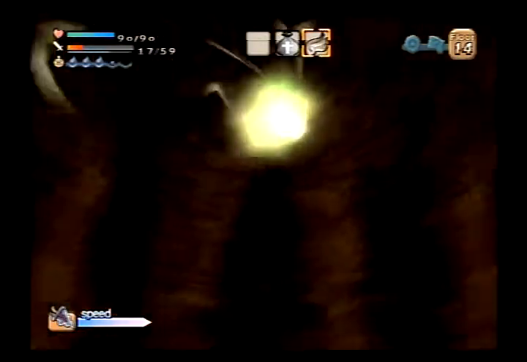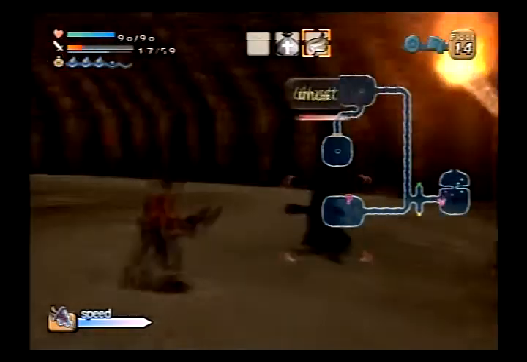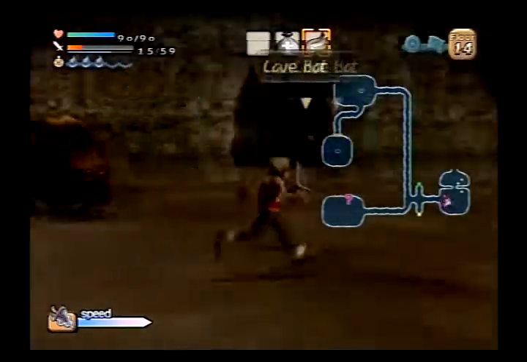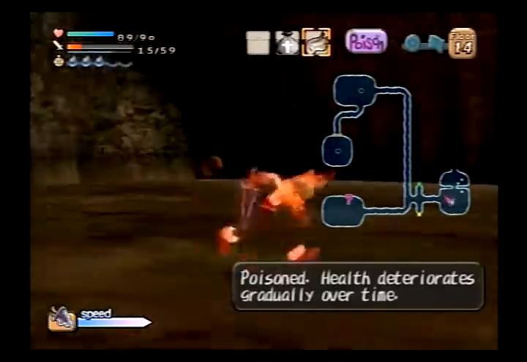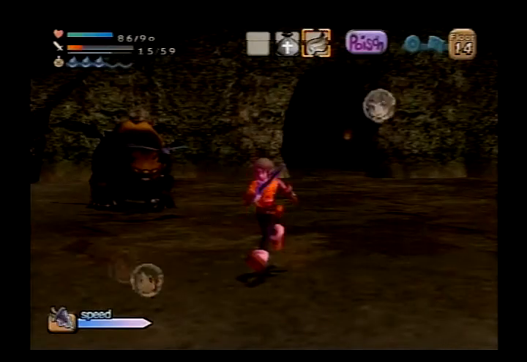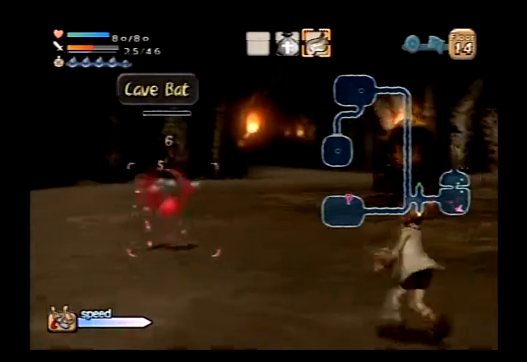Let's see. What is this? Got a fence? So yeah, this is the second to last floor. So we're getting all the items that we need to finish off the village. Oh, little cheat. Did you notice he only did like 2 damage? That's thanks to our